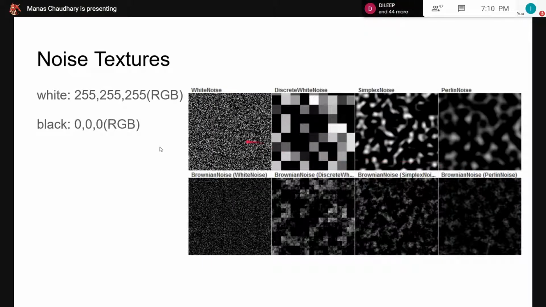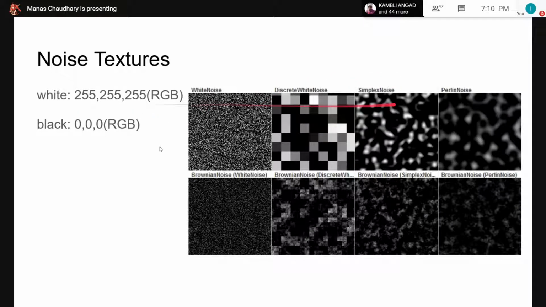Okay, so now we just studied noise and texture. Combining these both, we get noise textures, which is what forms the base of procedural generation. Noise textures are a way of storing 2D random data. How they're used, we'll look at later on in the slides. Let's first understand how to interpret these images.